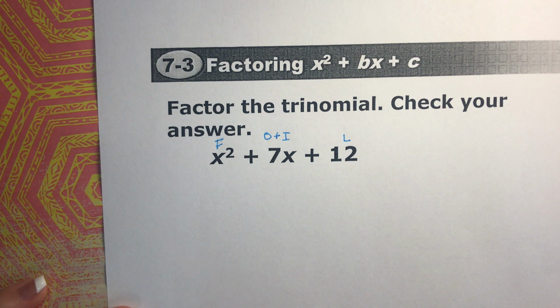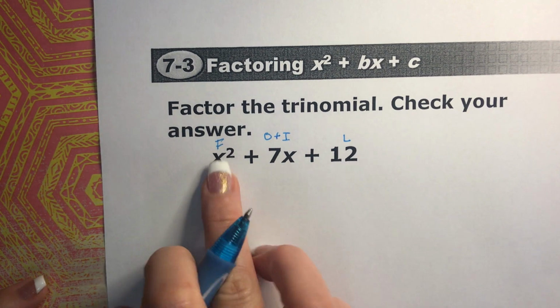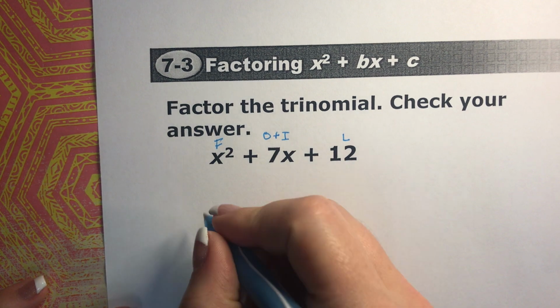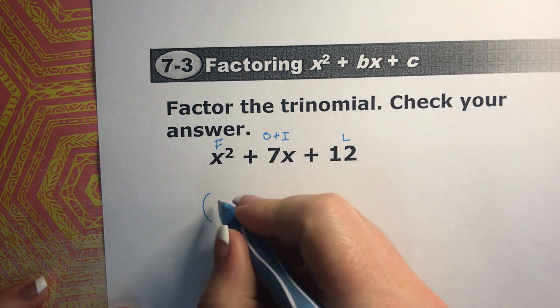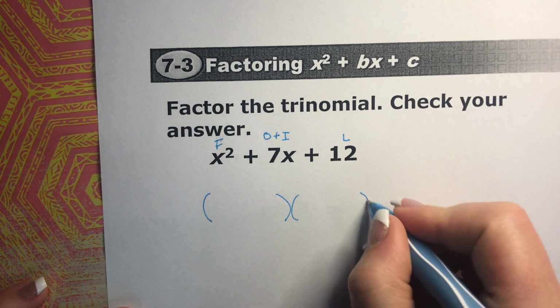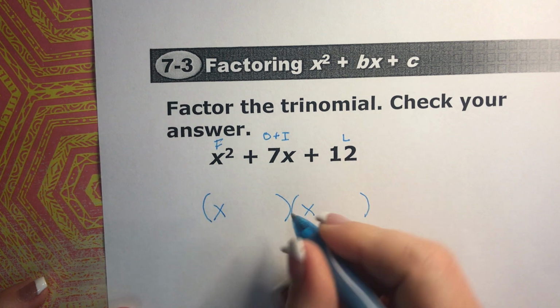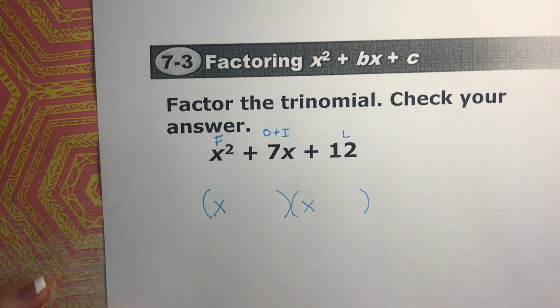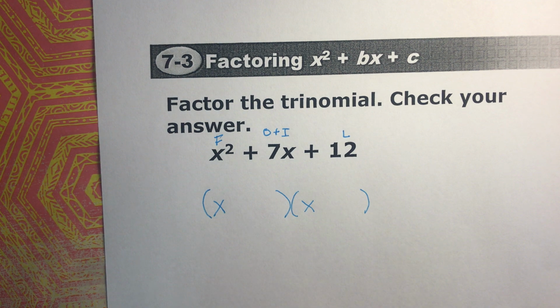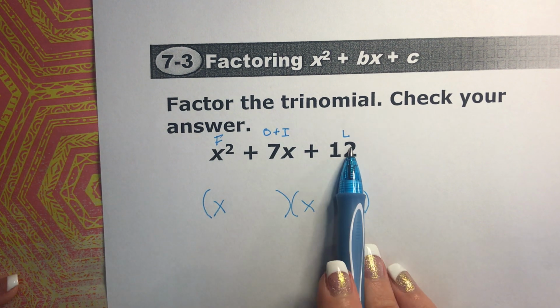Okay, so first, this first term is x squared, so that's super easy. I have my little binomials here. I have an x and I have an x. First, x times x is x squared. Boom, that one is done. Okay, now I'm going to shift to my